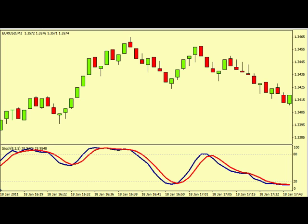I got a few questions sent to me. A lot of it was just review, so I'll do that, and a few other questions about other strategies, expert advisors, that kind of stuff. The main question, and I got a bunch of overlap on this one, was the targets and stops that I've been using and that whole flat trade thing. So